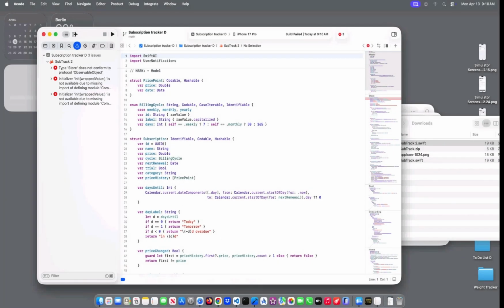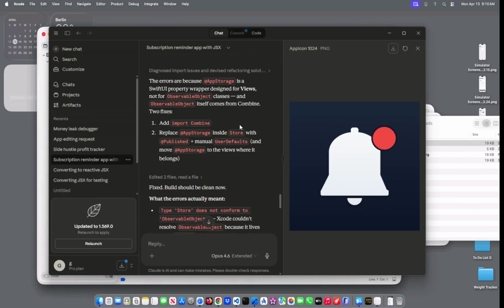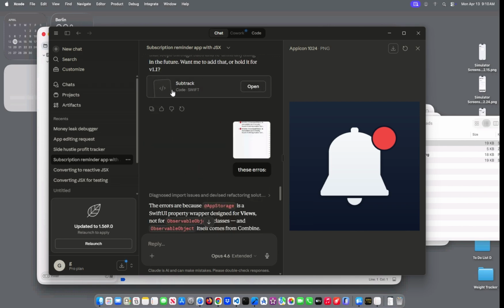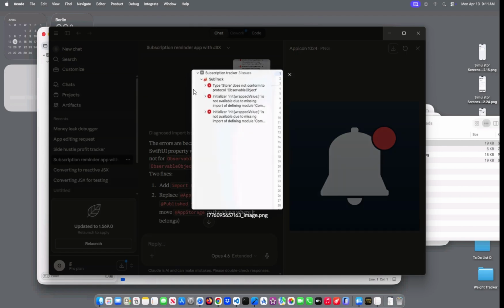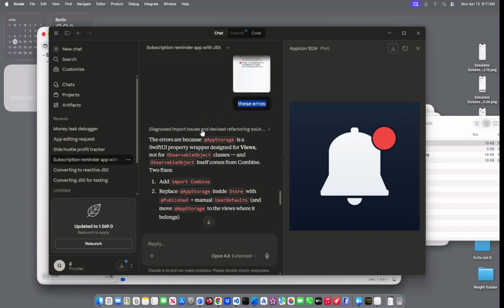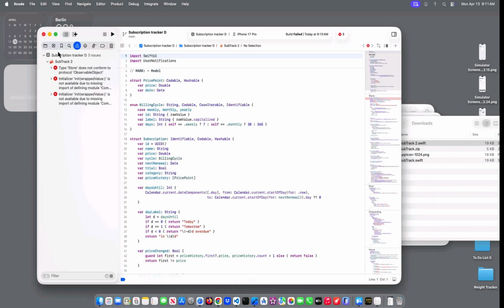So for this, what we need to do is to take a photo, and let's go to our Claude. I have already done this off camera, so basically this was our Swift file. And uploaded, I got these errors, so just sent these errors, and